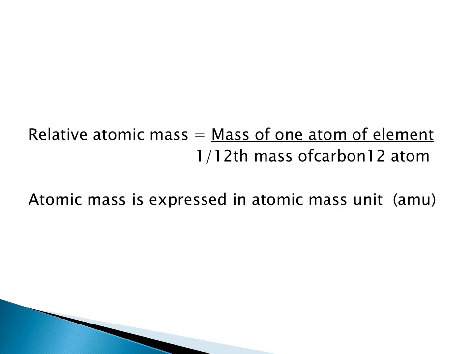AMU. Thus the mass of a hydrogen atom is 1 AMU and that of an oxygen atom is 16 AMU. That of carbon, as I told, is 12 AMU, nitrogen is 14 AMU, etc. You have to study the atomic mass of the first 20 elements, up to atomic number 20. So atomic mass is expressed in atomic mass unit, simply represented as AMU.